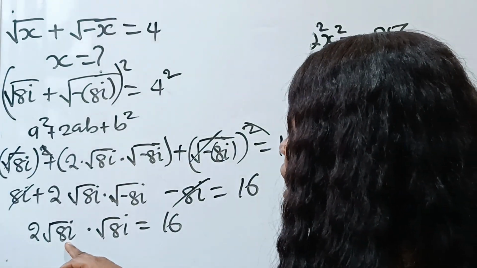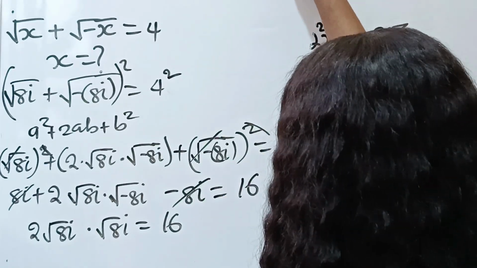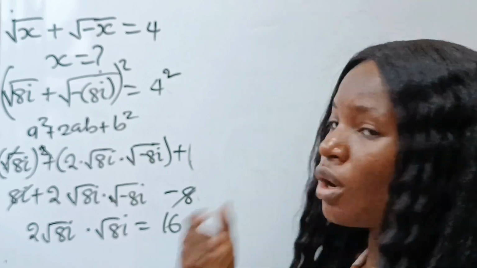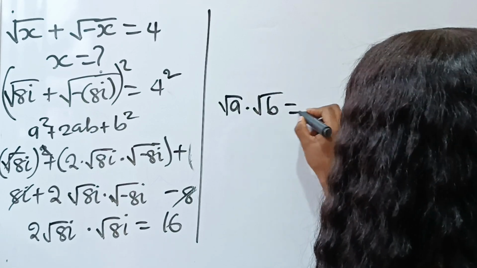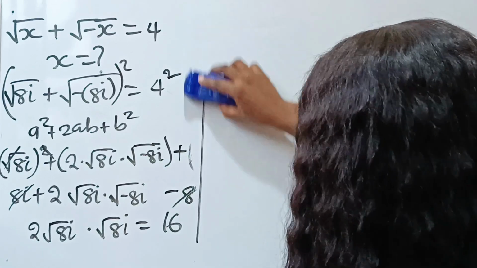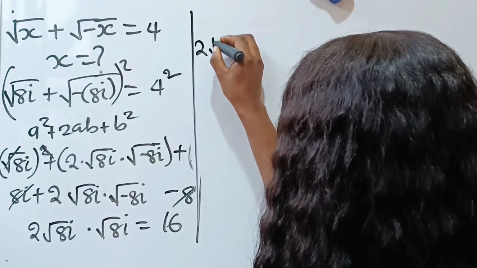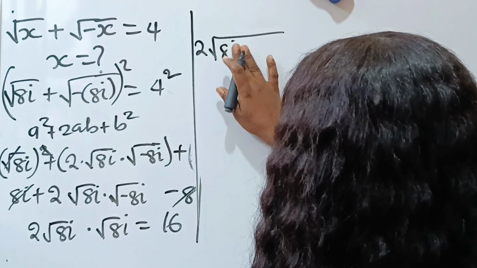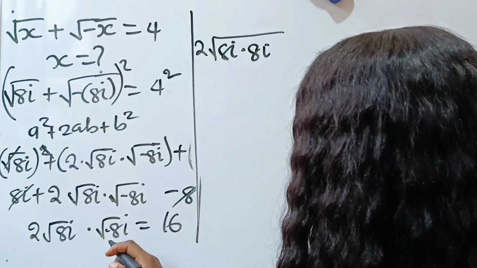Now the square root of 8i multiplied by the square root of minus 8i, we can bring them together under the root sign. Yes, using the rule of radicals, that states that the square root of a multiplied by the square root of b is equal to the square root of ab. All right, so that is exactly the rule that we are going to apply. Now if we apply such rule, we are going to write 2, then we have them under the same root sign. 8i multiplied by minus 8i, sorry,